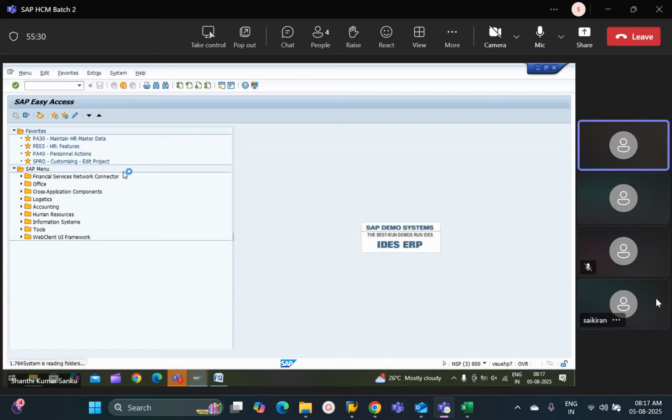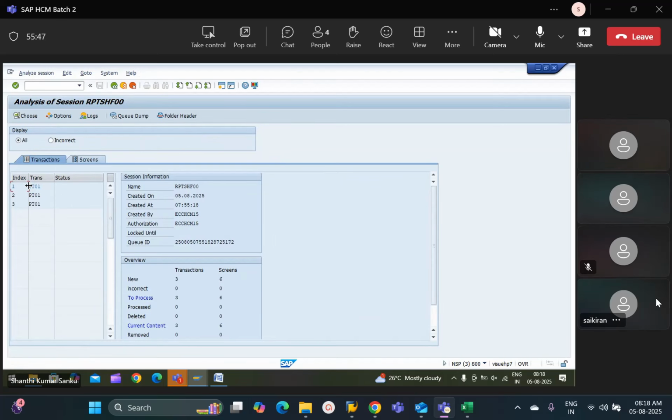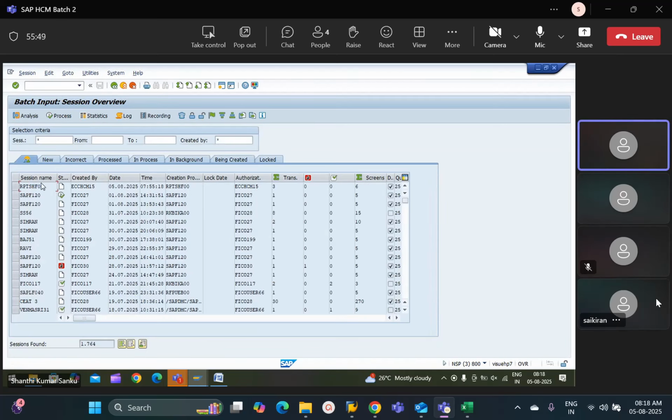Now I have seen here, I show you this one. It is created by your user ID and the session name is RPT SHF00. Now select that record. Don't double click that. Go back. Select that row. Now click on the process icon